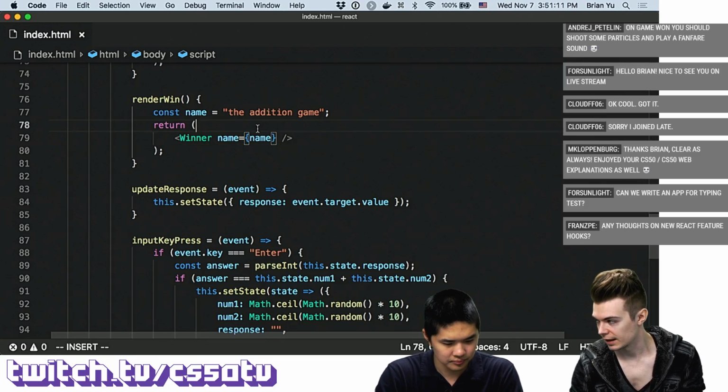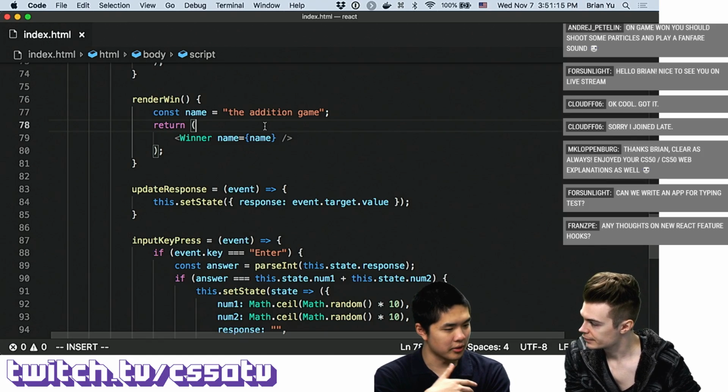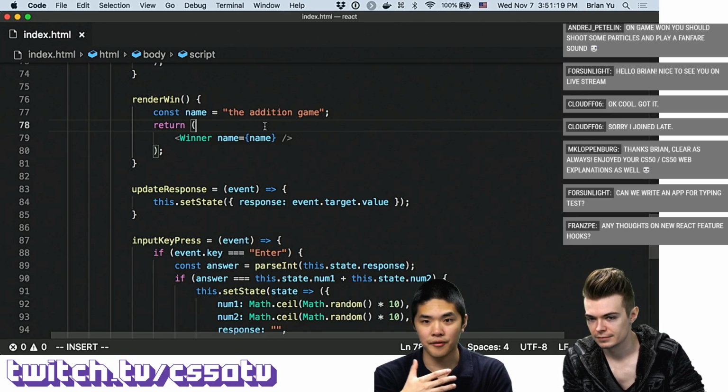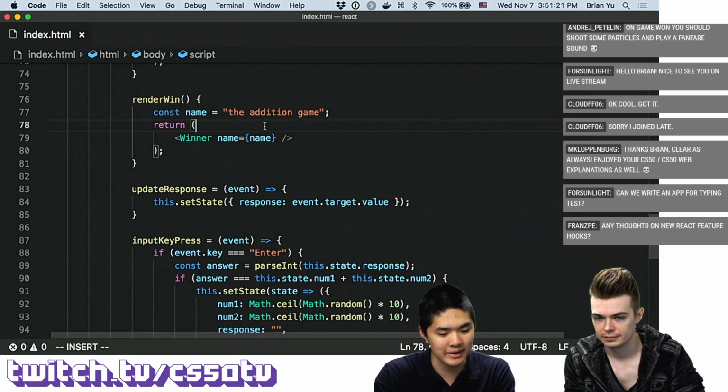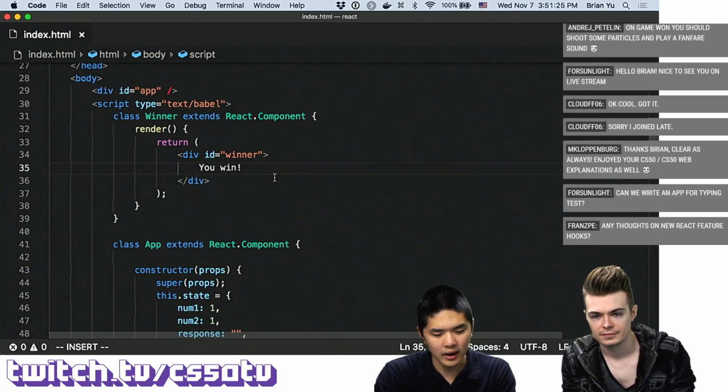It's like in an image tag having like source equals a path. Exactly, very similar to an HTML attribute, the way you would add a source for an image tag or an href for a link tag, for instance. That same idea. And so now in here in winner, rather than just saying you win, I can say you win